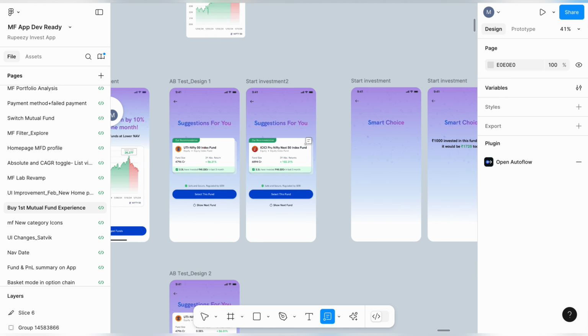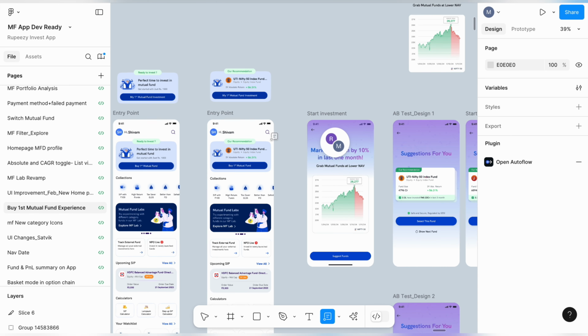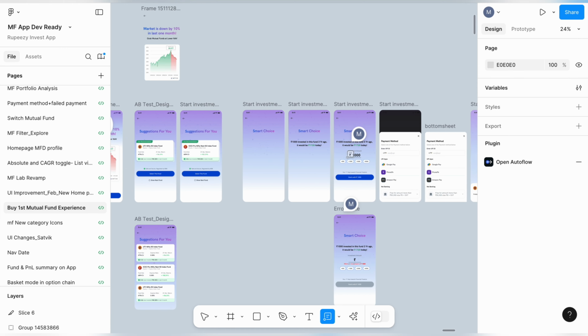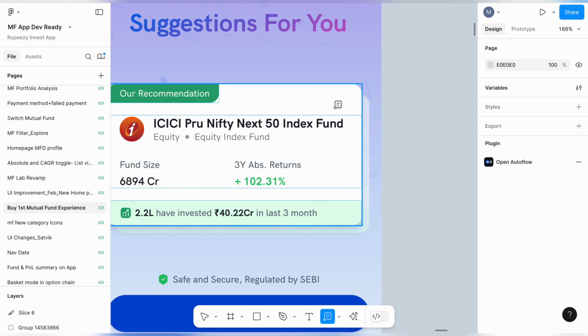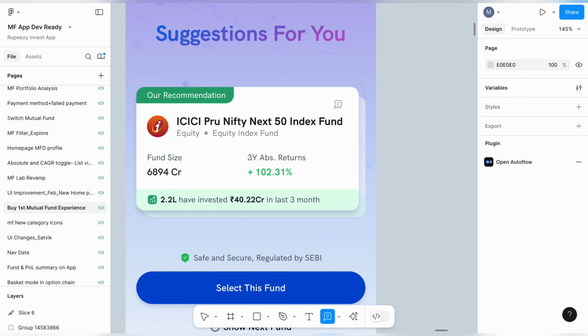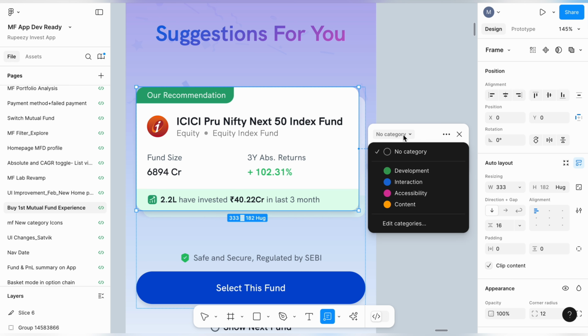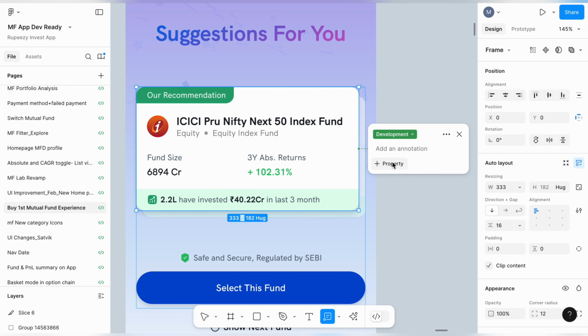That's why this feature is going to solve the comment problem. Let's suppose I have added a lot of comments here in the file, and this creates confusion and looks very cluttered. So what I will do is select this area. Let's suppose I want to highlight the corner radius of this card. I'll select it, and automatically this card will open. I will select a category called development, and mention the property as corner radius. Automatically the corner radius of this card is selected, whatever is in the Figma property, which is 12 pixels. If I want to make a note, I can write: make sure the corner